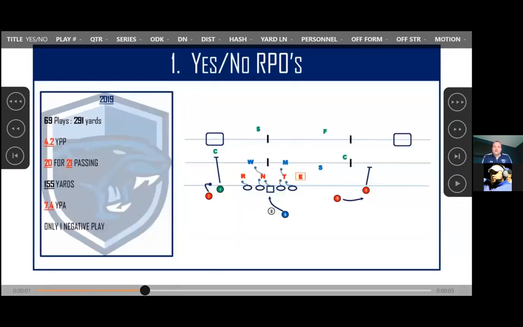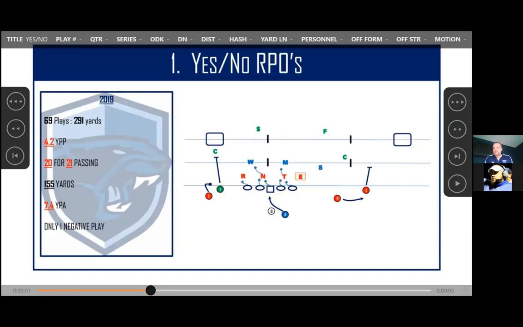So starting off day one, depending on where you are in the country, I'm sure we're all starting the same way, and that's in just helmets. So day one, we go over what's called yes, no RPOs, and it's really simple. Basically, we have a run call, whatever run play you want. In this case, we're going to talk about inside zone. And then we're going to tag a perimeter screen, and usually that screen's going to be on both sides.